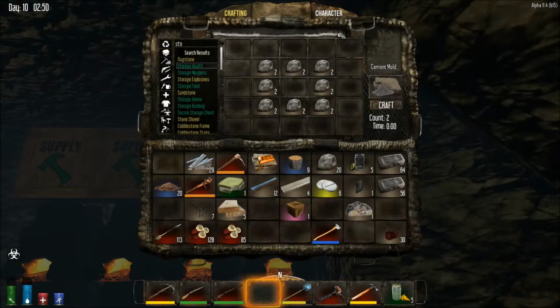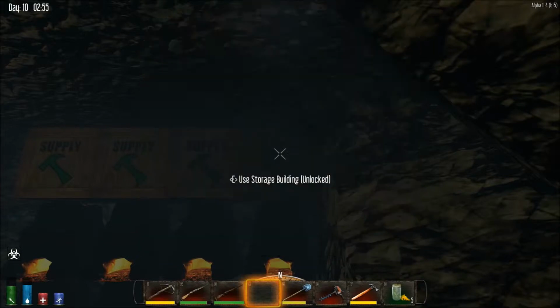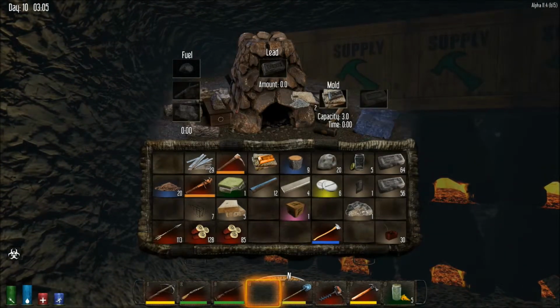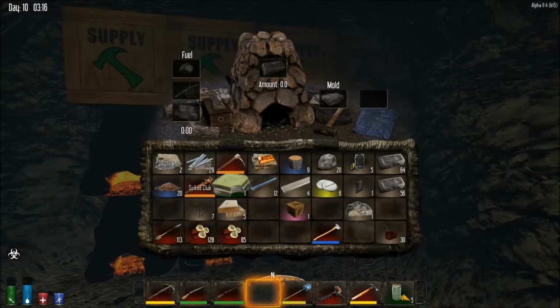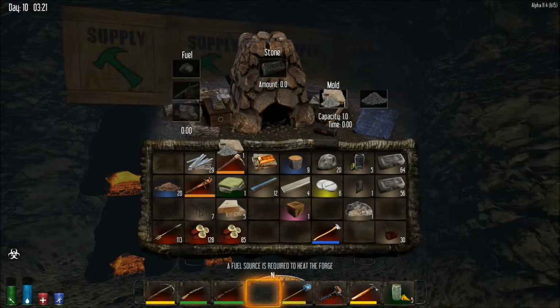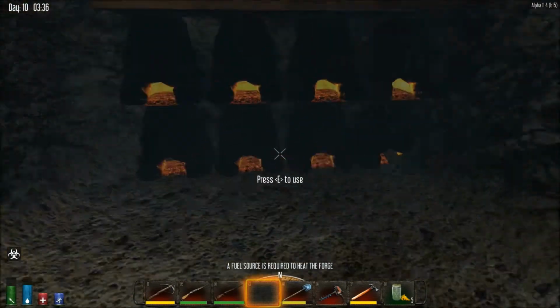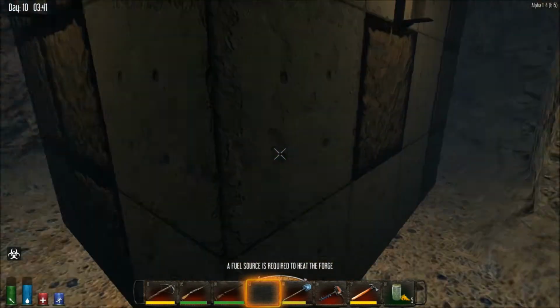I know I've got one upstairs, but this way I can at least get the, oops, sorry. Okay, there we go. So say I knew I had one somewhere that doesn't have anything in it. So, yeah. Now what we'll do is,